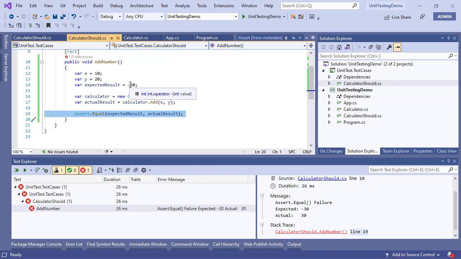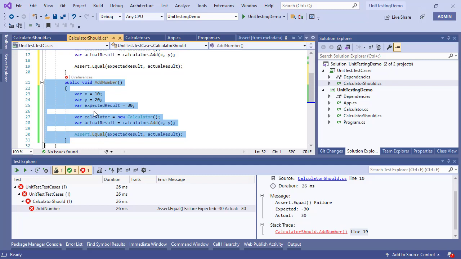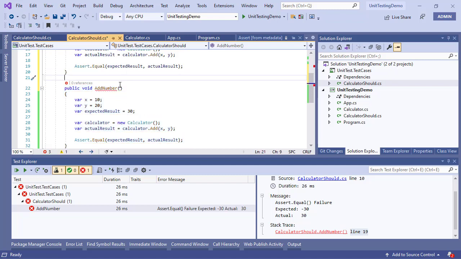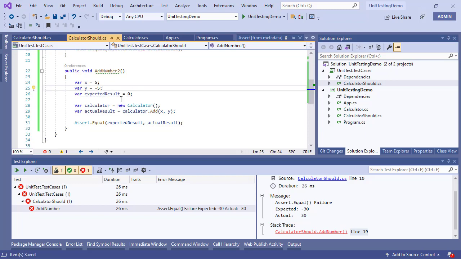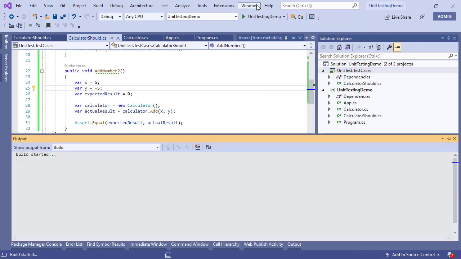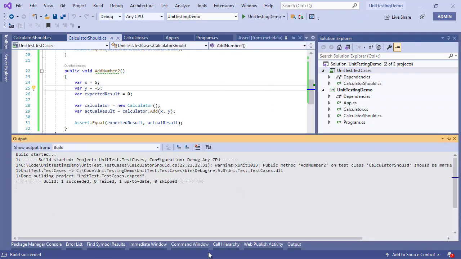So we're going to go ahead and correct this element here, and let's go ahead and repeat this. Control C, Control V, add numbers 2. I'm going to say this time I'm going to give 5 and -5, and the expected result is 0. But then now if I rebuild the code and go to the test explorer,